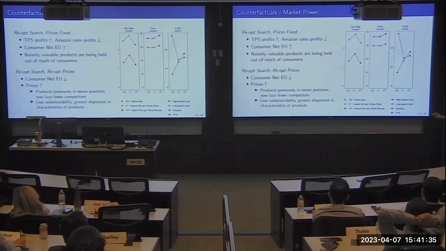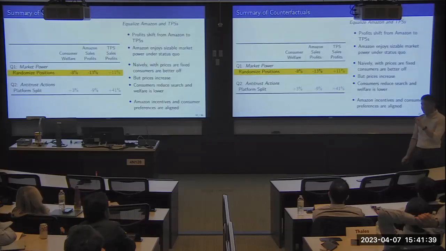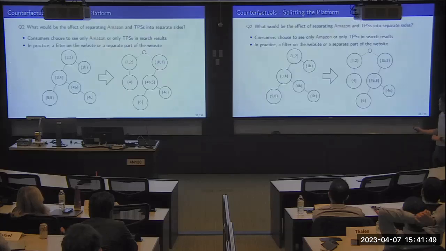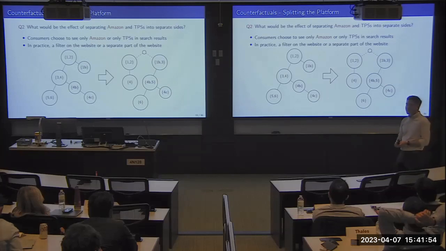Okay. And so this is why Amazon's incentives and consumers' preferences appear to be aligned under the status quo arrangement. In light of there being market power, I'm going to suggest a way of addressing this market power by splitting